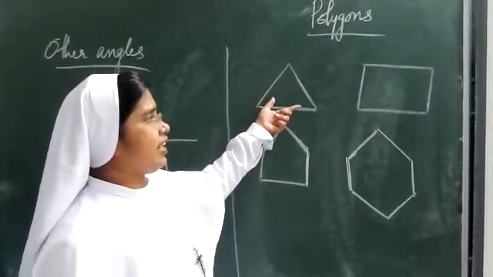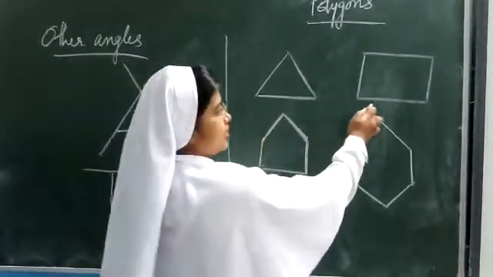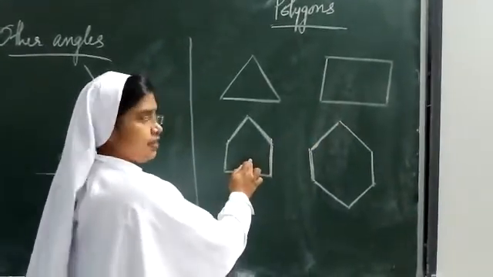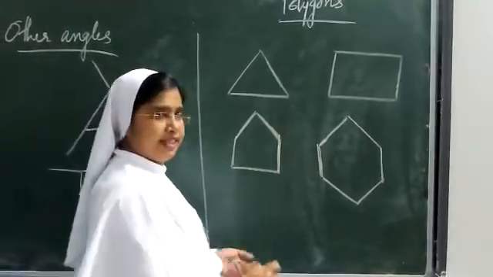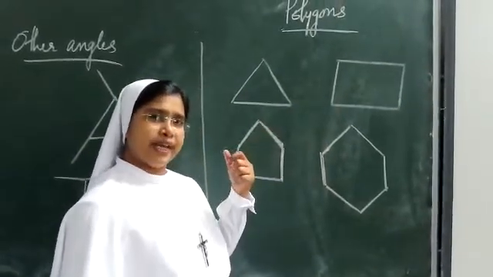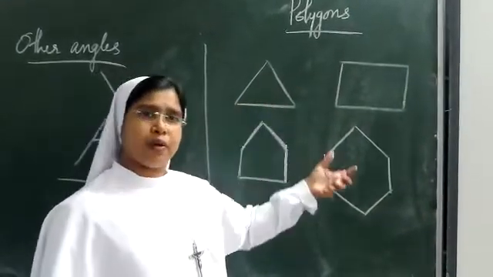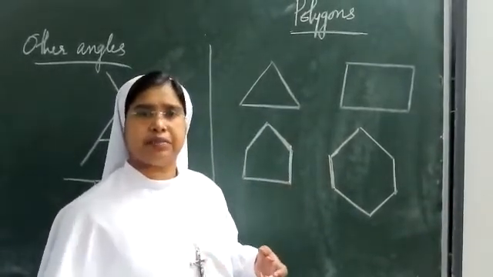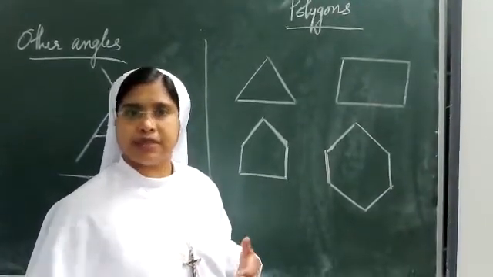Okay, here it's a triangle. How many sides are here? 3 sides. Okay, and what is this? Say quadrilateral with 4 sides. How many sides are there here? 1, 2, 3, 4, 5. 5 sides. Here how many sides? 6 sides. So these are known as polygons. Okay, more than 3 sides. When there are more than 3 sides, they are commonly called polygons, and also we can give them individual names: triangle, quadrilateral, pentagon, hexagon. All these names we can give.